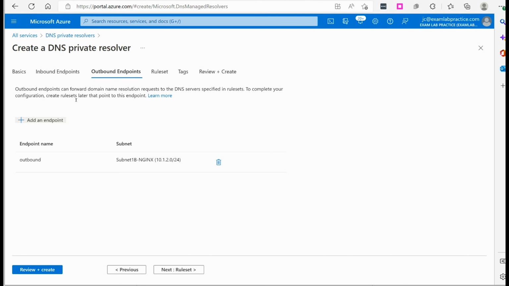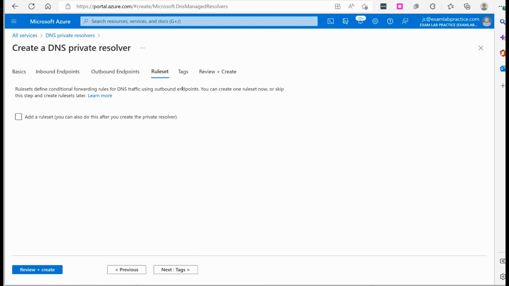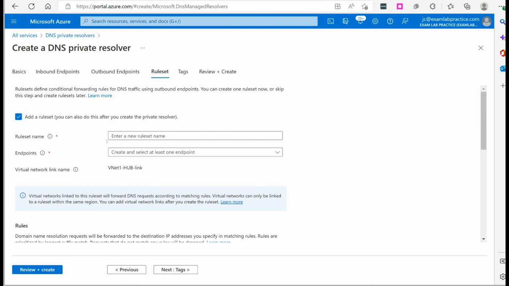To complete your configuration, create the rule set. If I go previous and I look at it, the inbound endpoints can receive domain name resolution requests. So that's what we're doing. Then you've got your rule set. Rule sets define conditional forwarding rules for DNS traffic using outbound endpoints. It tells you can create these now or you can do it later. Okay, so at that point, if I say now, rule set for resolver, if I give that a name,